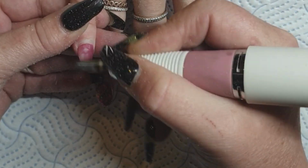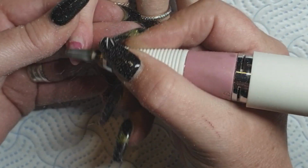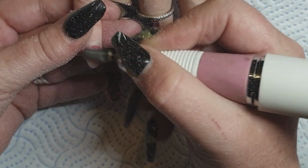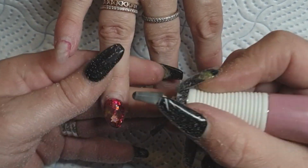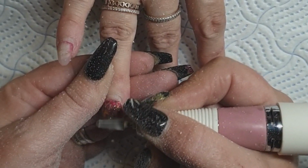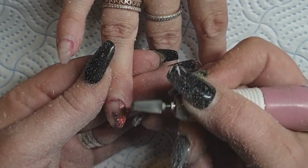She is a nail biter. She's been coming to me for 4 months, and we've managed to get her nails to this length. I originally sculpted because Tracy had very short nails, and we decided today she wants to try. She's managed quite well with this length, so she wanted to try a different shape. She wanted to go for a tapered square, so we decided to remove this set and do her a brand